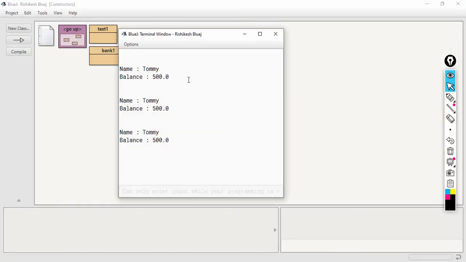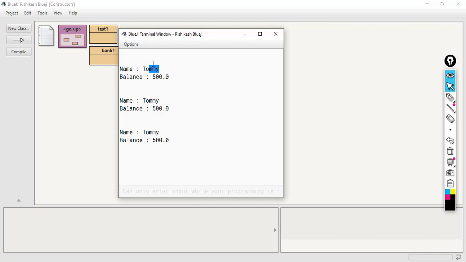Here you can see all the three objects, obj1, obj2 and obj3. The name is same and the balance is also same. So this constructor is not very useful.